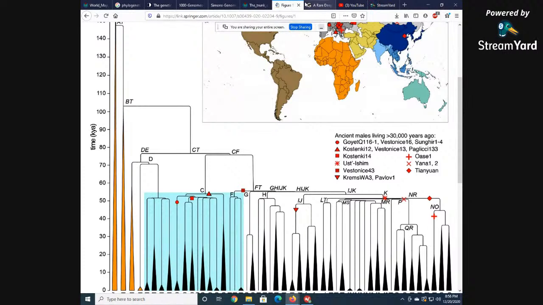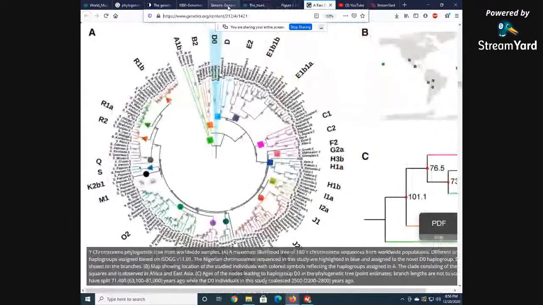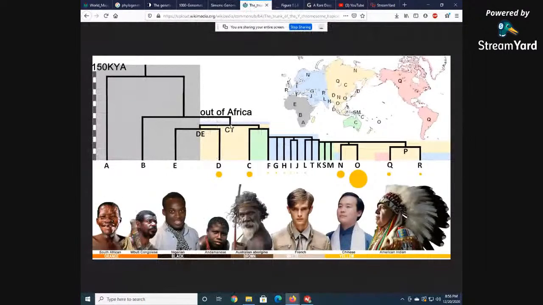But in this one, this other one, whichever one it was, they have the D coming from the C, which is another contradiction. See, you got the D coming from the CT, which would be the B. So that would be the D and the E's coming from the B. So that's basically the same thing, I guess. But it's not coming from the C,